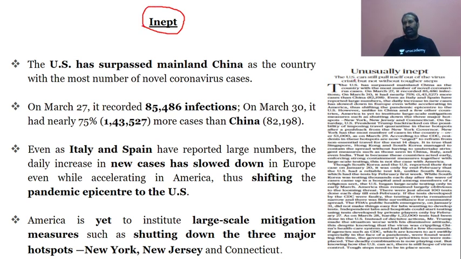That means unusually inept, which is in today's second editorial. Inept is like incompetence, not well prepared. So the editor is talking about whom, that they are unusually inept. Usually they are competent enough, or in this case they are not, because of the